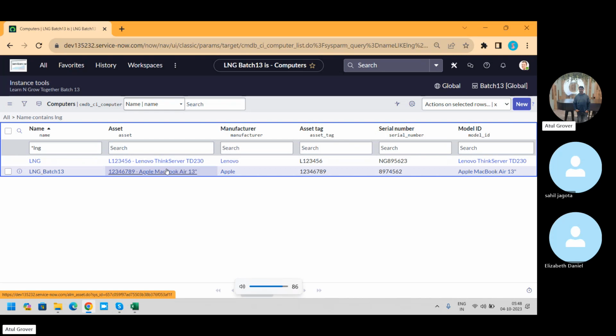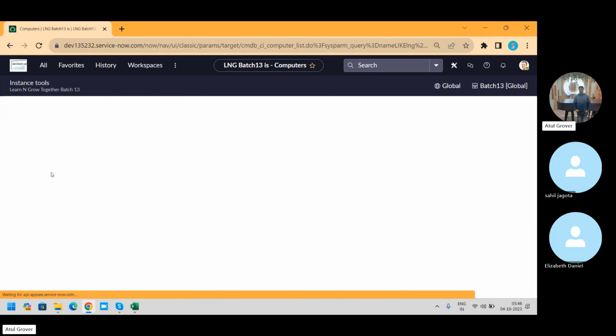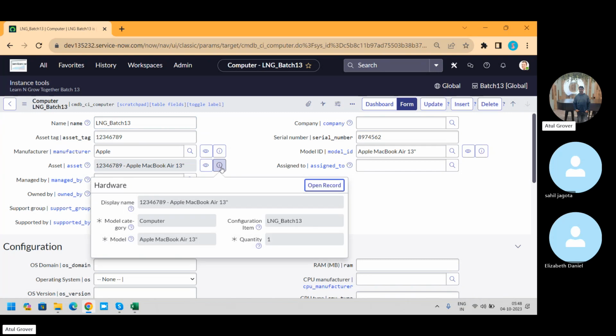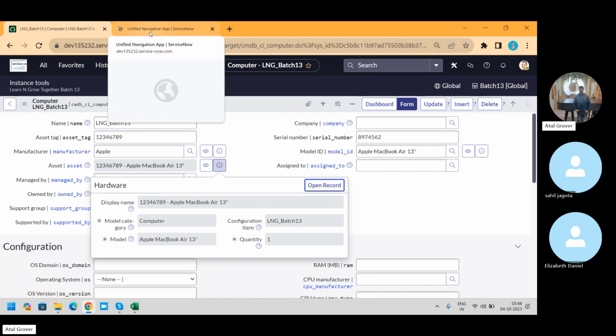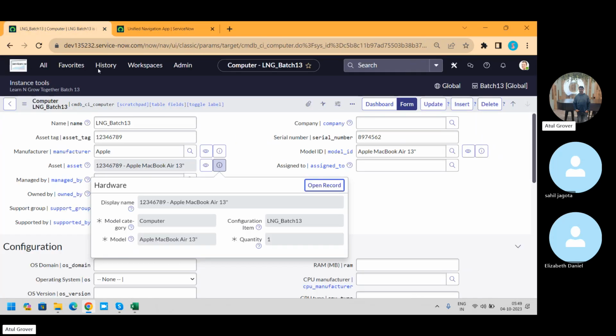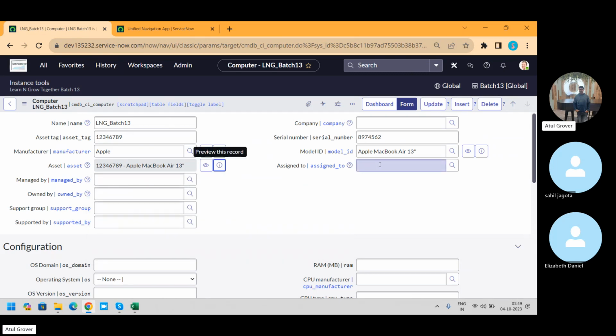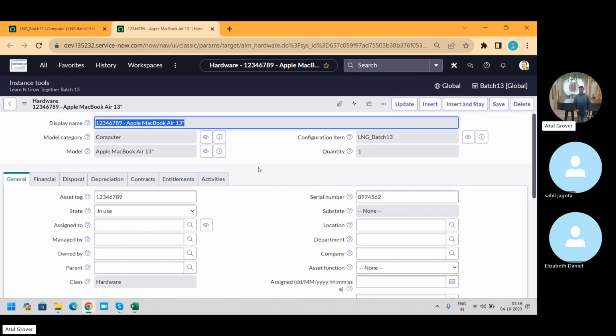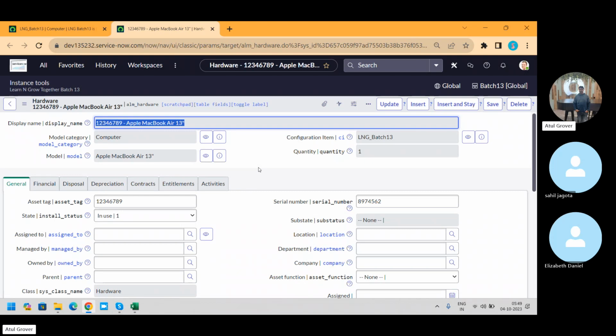Let me open this particular CI here, and let me open the asset in parallel. We saw a few changes: if I make a change in the CI, maybe in the assigned to or the managed by, those things are changing in the asset. And now we need to understand how this particular